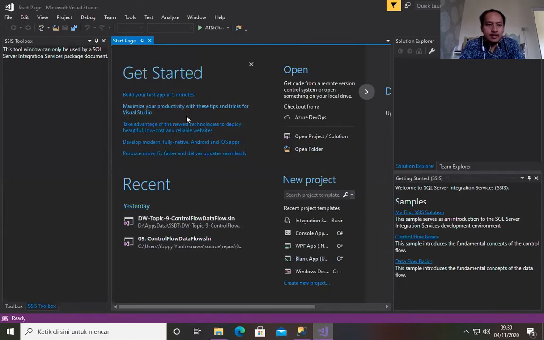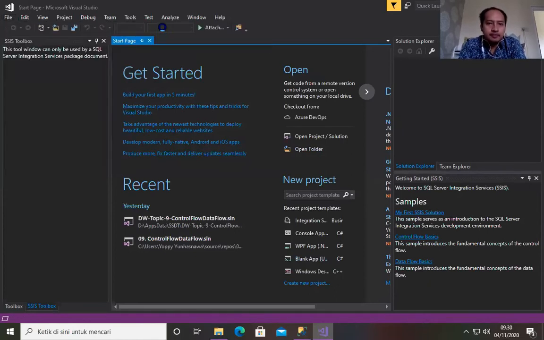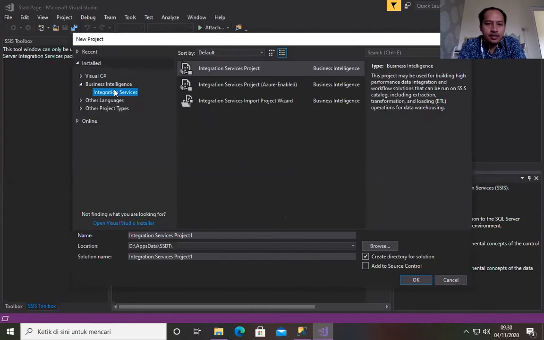All right, as usual, please create a new project: file, new project. Make sure you choose Integration Services here, and then we click Integration Services Project.